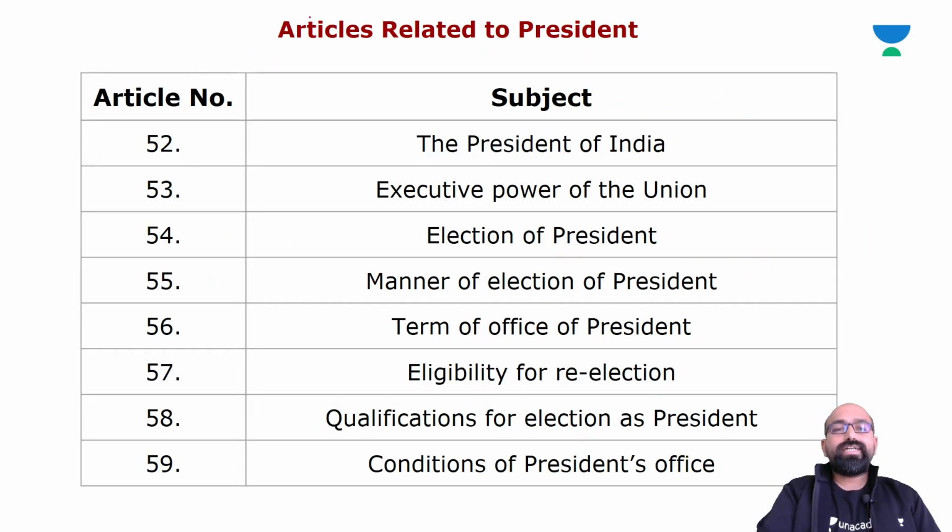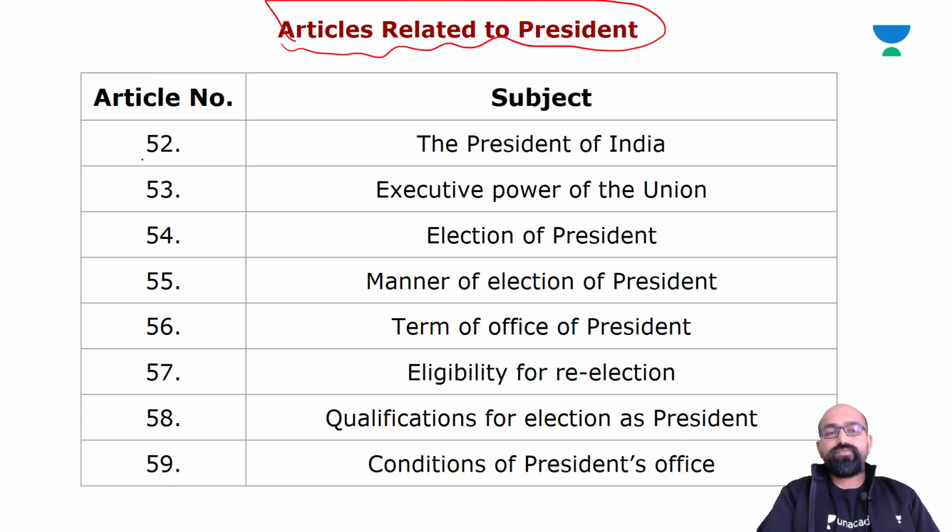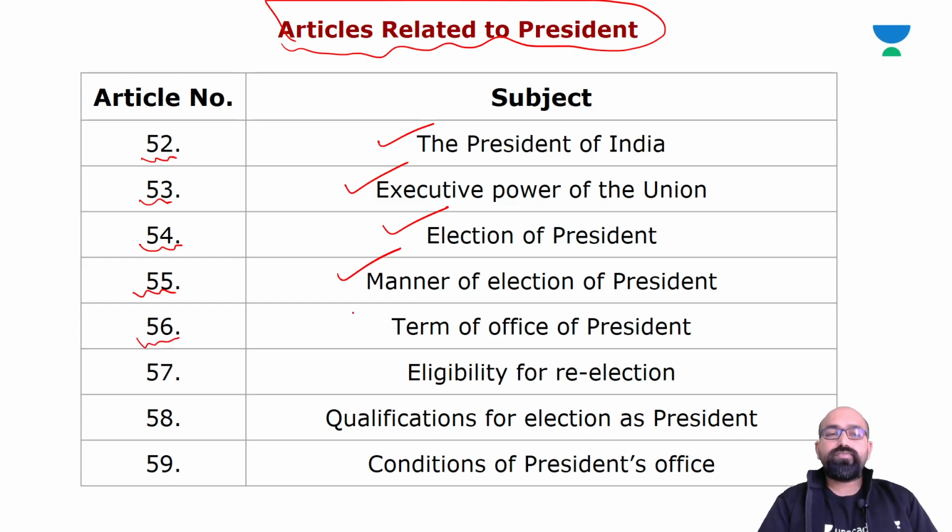Now we'll see articles related to the president at a glance. Article 52 describes the President of India. Article 53 describes executive power of the Union. Article 54 describes election of President. Article 55 describes manner of election of President. Article 56 describes term of office of President of India. Article 57 describes eligibility for re-election. Article 58 describes qualifications for election as president,